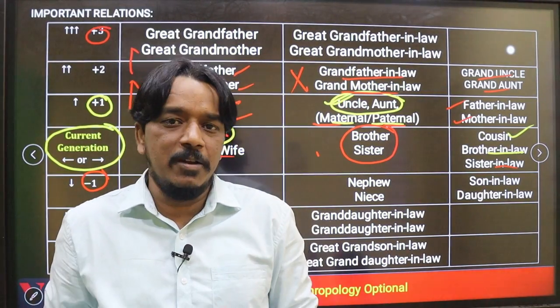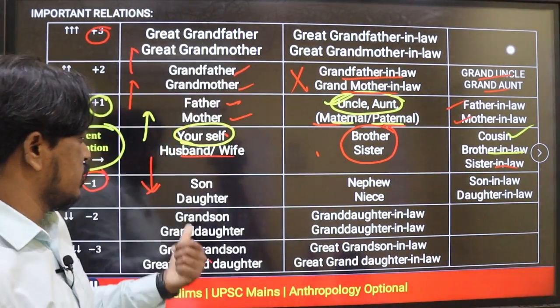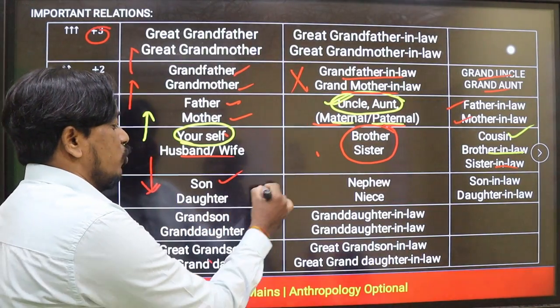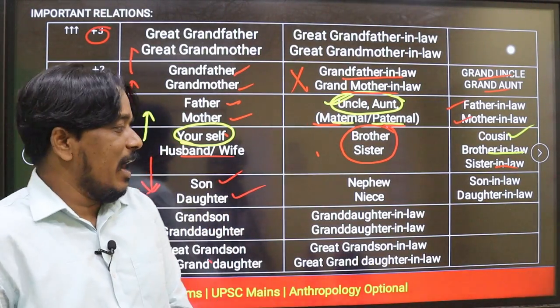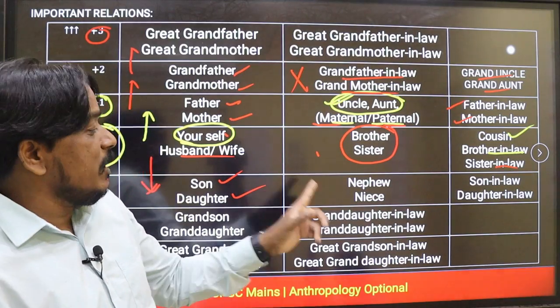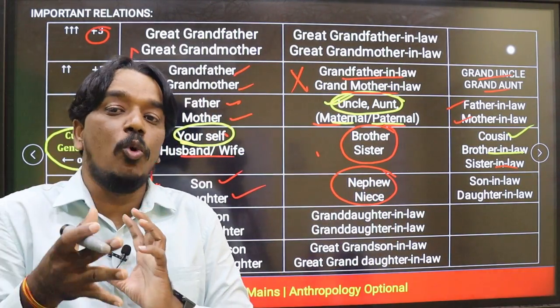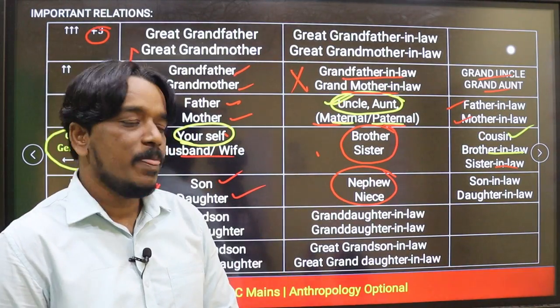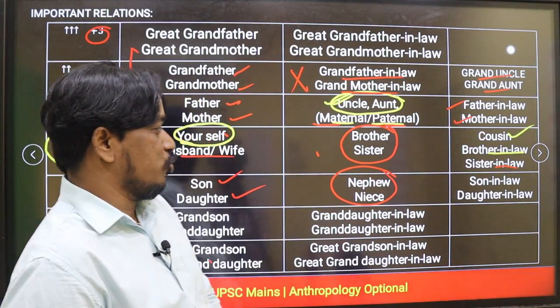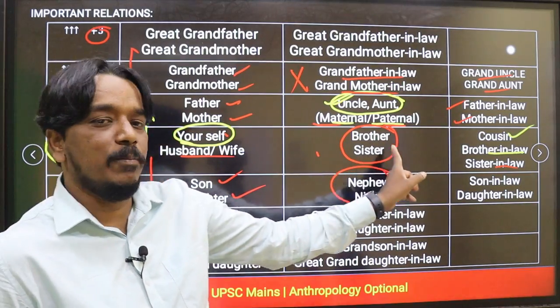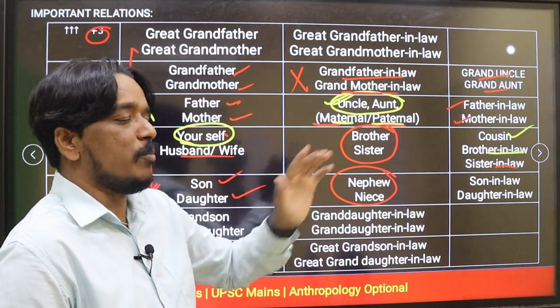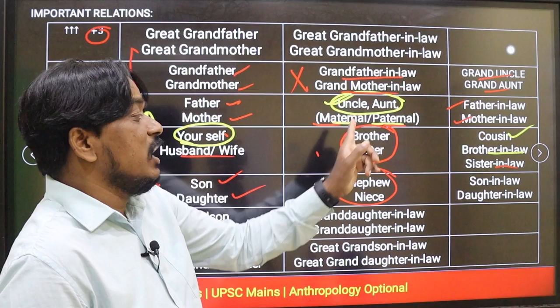Generally, if you are married, the first important relations you will get are your son and your daughter. Very simple. If you are married, your son and daughter. And the other important relations, where most aspirants get confused, are nephew and niece. Who is a nephew and who is a niece, what should we take here? For example, if your siblings are married, that is, your brother is married or your sister is married,